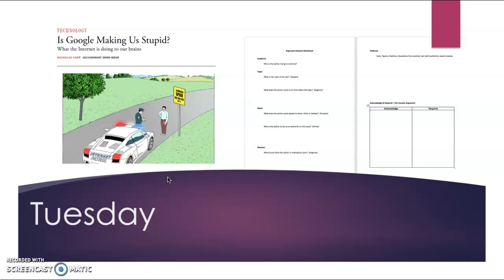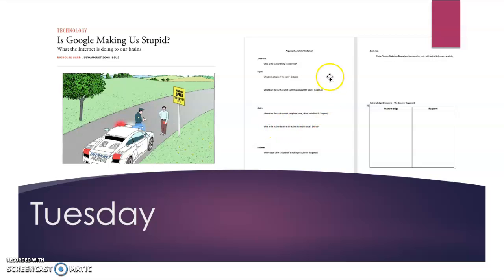You just respond what you think. Part 2, you look for how Nicholas Carr wrote this and how effective his writing is. What makes his writing better, that engages the audience and that manipulates the audience the way he wants to manipulate you, right? But now there's going to be a part 3 as well. And that part 3 is an argument analysis worksheet. We are going to start picking apart these arguments so we can see how these authors are writing arguments. Okay? So you're going to look at the rhetorical situation, audience, topic,